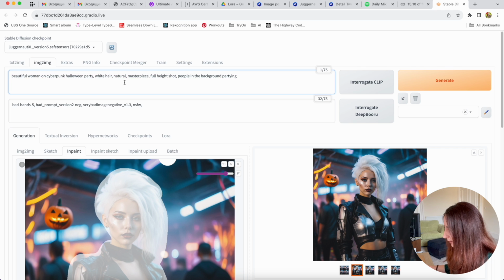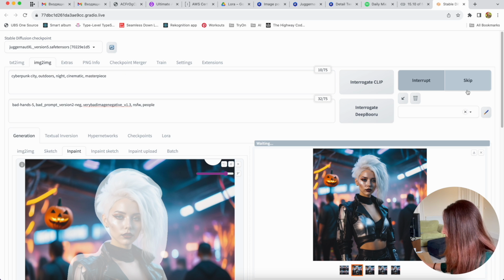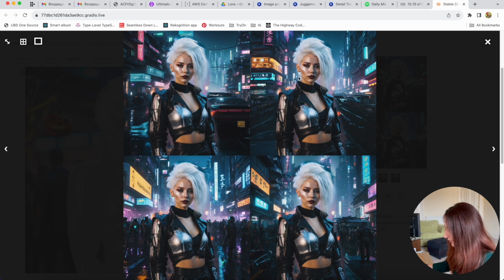And now here I want to change it from the cyberpunk Halloween party to cyberpunk city, outdoors, night, cinematic, and I will get rid of these prompt keywords, and let's see. Okay, our generation is done, and you see our background is completely replaced with the new one. Now we are in the cyberpunk city, and